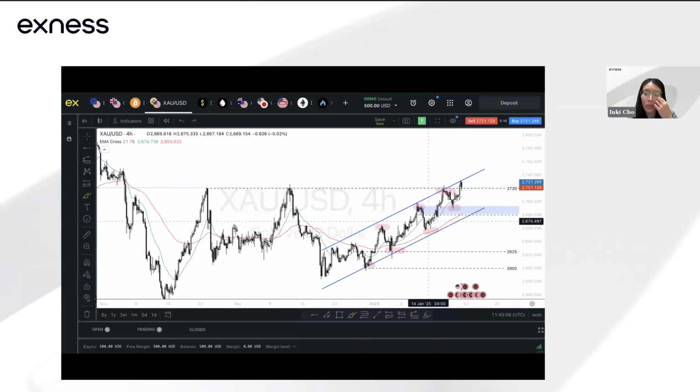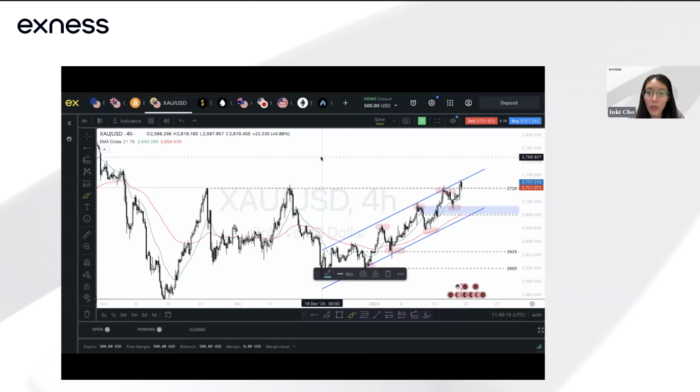So for me, looking at a moving average is not really looking at just the crossover, but also incorporating it with market structure. If I'm seeing that the moving averages are tilting lower, we are also seeing that bearish crossover with lower lows and lower highs, and this is an indication that we could be seeing that change in momentum. But as of what we have now, you can see that prices are still forming higher lows and higher highs. You're still seeing the shorter term moving average holding above the longer term moving average. And also prices are holding above the 21 EMA, which is the one in green over here.